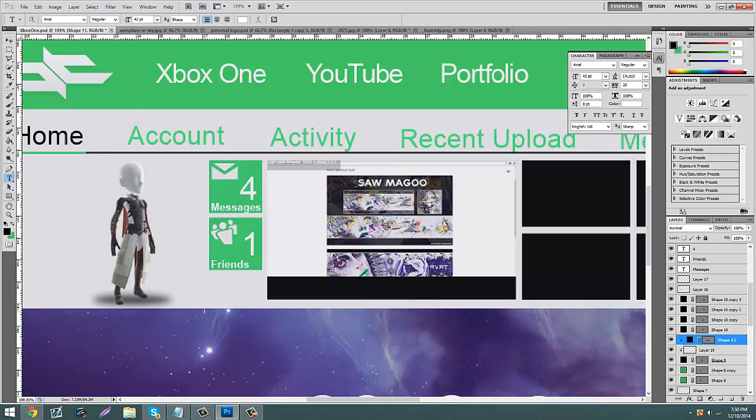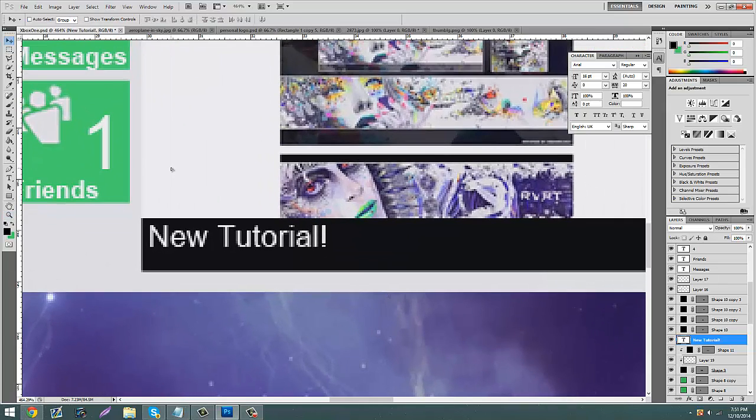You can be like, put new tutorial. You gotta lower the size to fit everything. And this isn't really the best font to be doing this with, but it's probably the most clean. And this is all process of elimination, so you don't want to make it too small but not too big. So you gotta zoom in. If you want to add it a little bit up, you just gotta do that. Like new tutorial,